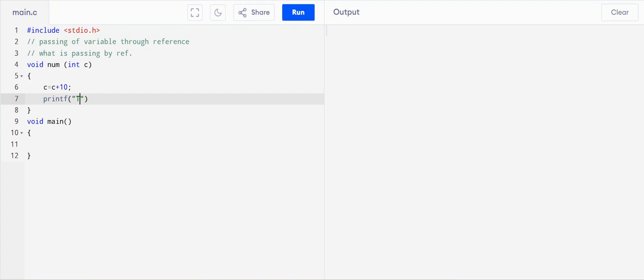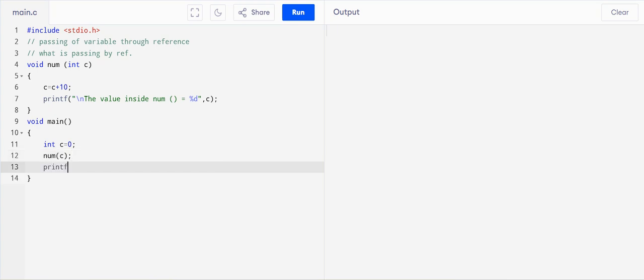So the value inside num function, I will write it like this: is equals to %d comma c. So here I am printing the value of c in num function. I am creating one more variable, say of same name as c. Now I am calling the num function and I am passing this value of c, and I am printing the value of c